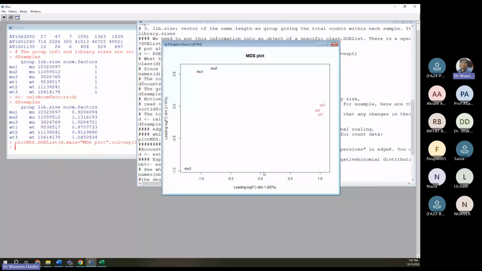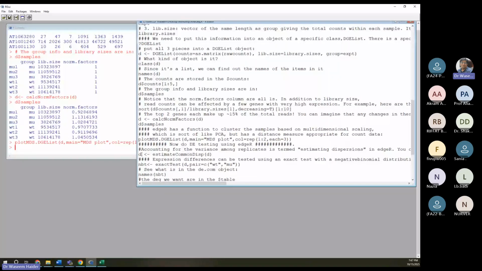Okay, so this graph tells us that this mu3 is entirely different from the rest of the group. I'm not discarding that, but I'm moving on to the last part, which is DGE testing. So here